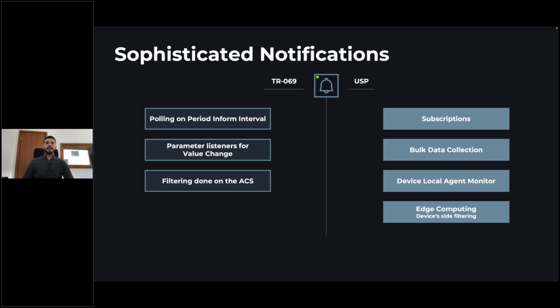Usually the polling method isn't as practical, especially in terms of TR-69, because of the size of the messages as well as the load which is being put on the device.